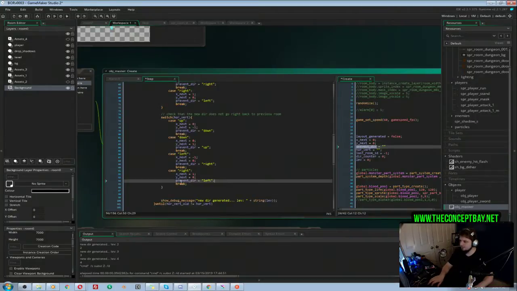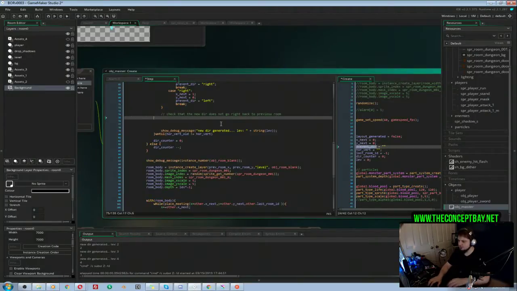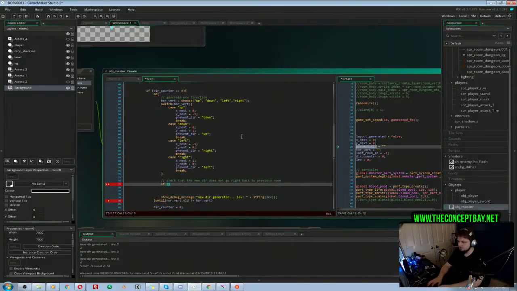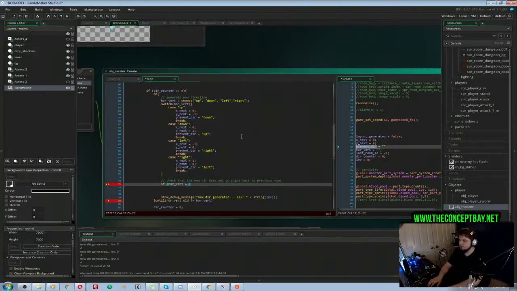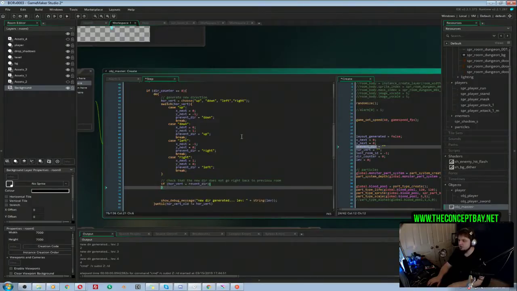Okay. So actually, I think this is just a single if statement. If vert will be equals to prevent direction. So if the new direction we generated is equal to the direction we're not supposed to go into, we're gonna say,